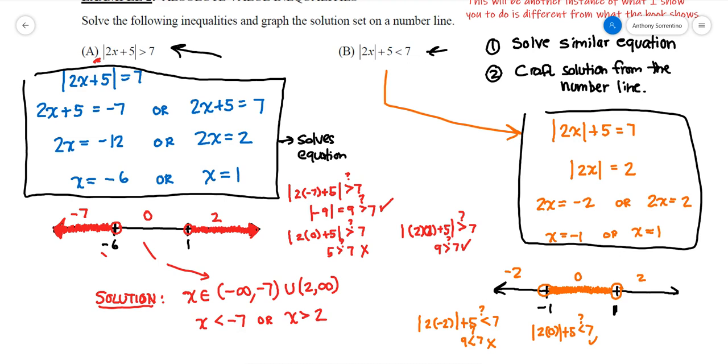And for 2, I get pretty much a very similar instance like I had for negative 2. 2 times 2 is 4. Absolute value of that is 4. 4 plus 5 is 9, which is not less than 7. So the right-hand region doesn't work. There is my solution. Therefore, the solution